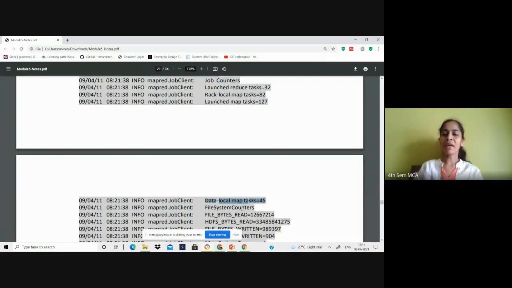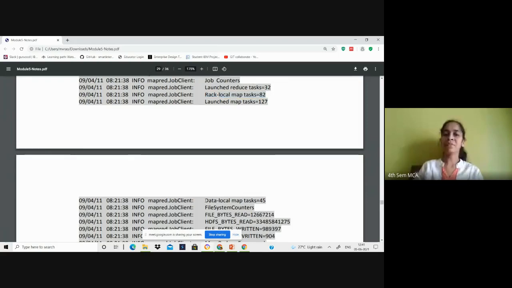What do you mean by this? Rack local map tasks indicate that if a data node is busy with the map jobs where the data is residing, then that map task has to be scheduled onto another data node in the same rack. That is called a rack local map task.